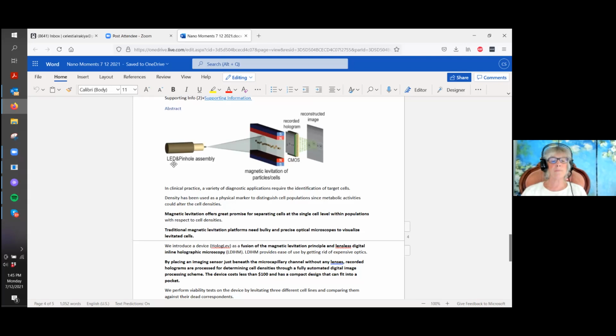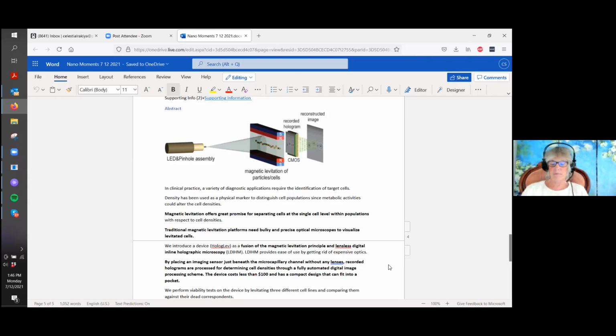I'm a little bit concerned about this. So here's an LED with a pinhole, like if you've ever shone a flashlight through a keyhole. But now they're using a process called magnetic levitation of particles and cells. And then there is a hologram that is produced, and then there is a reconstructed image. This is troubling. They have already told us that they are restructuring light, and now they're going to be adding this hologram and reconstructed image. My concern, just looking at this image itself, is that anybody,